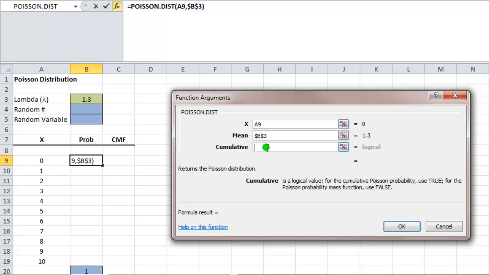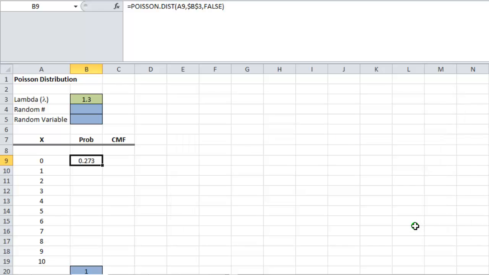And this third argument asks, do we want the exact probability, in which case we'll use the word false, or do we want the cumulative Poisson probability, where we would use the word true as the argument. We're going to start with the exact probability, and so we press OK, and Excel returns